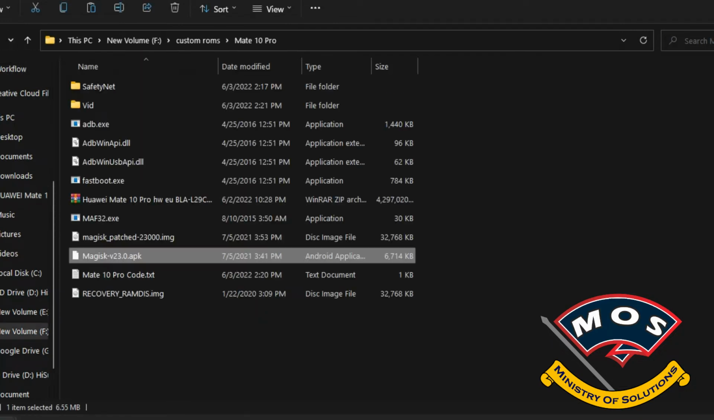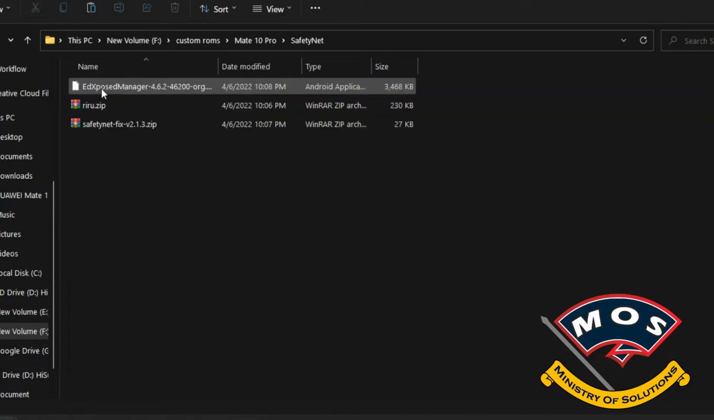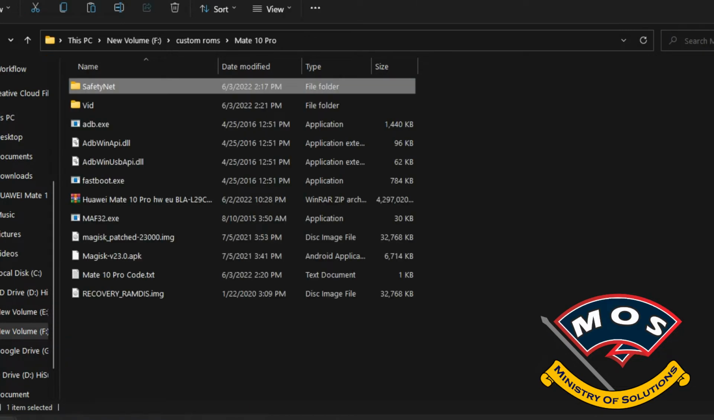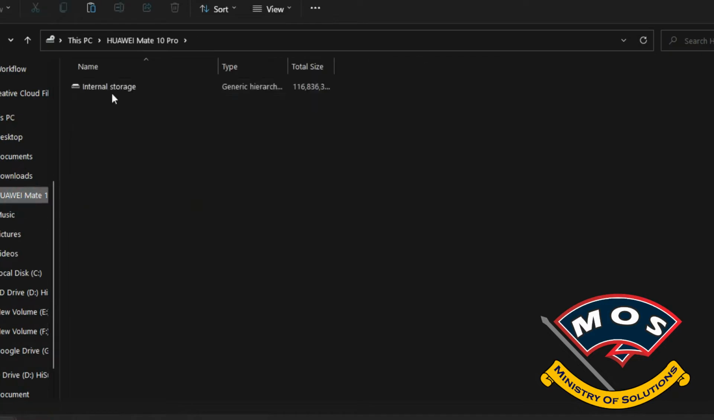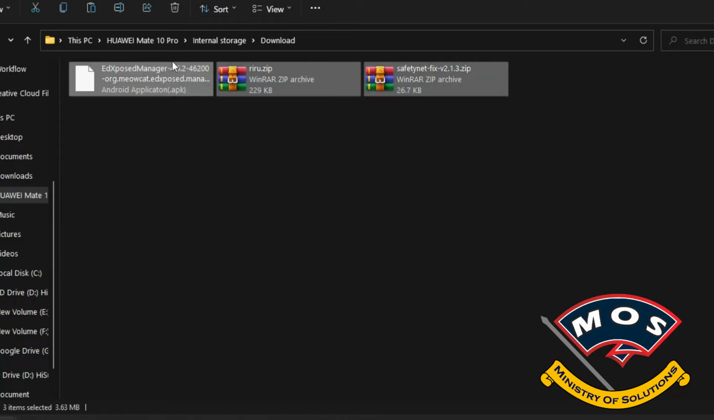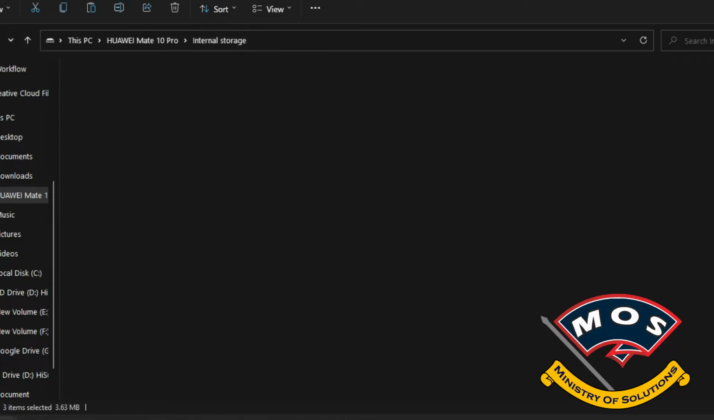And we need to copy this reroute and SafetyNet fix, and EdXposed is optional if you want to install EdXposed on your phone. It is not required at all for the root purpose. Okay, so these 3 files are copied in the download folder of my phone storage, and